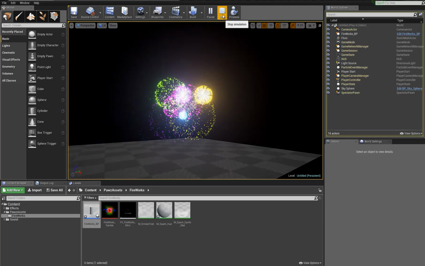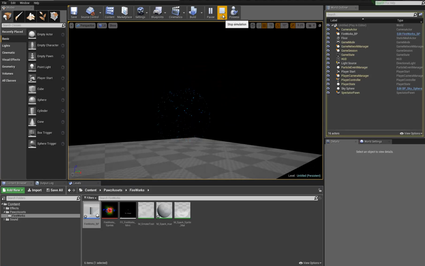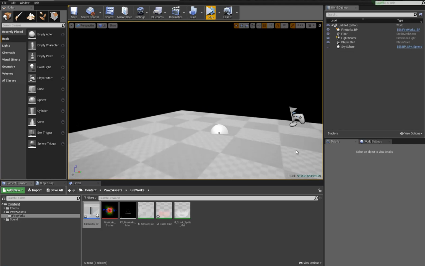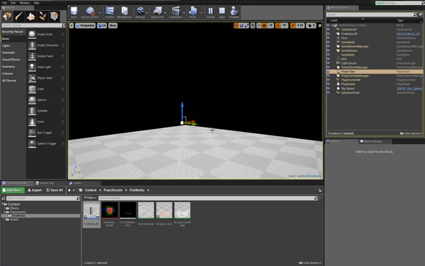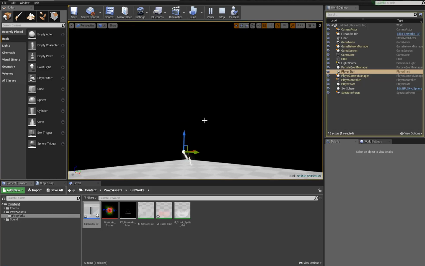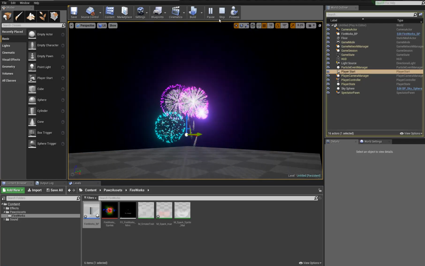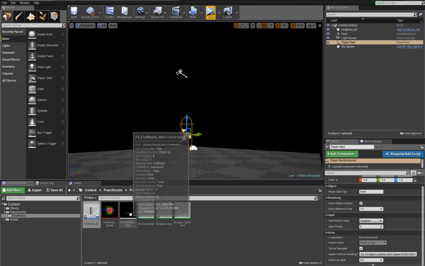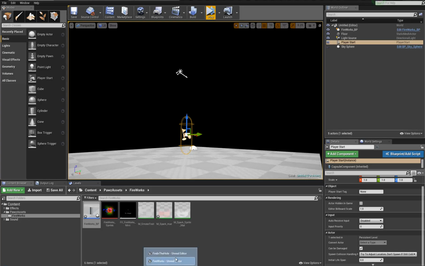Now, the other thing I want to make sure that you guys are aware of is that this is actually called the Fireworks Mini. And the reason is because it's actually kind of small. The character is about that big, and when we play, you can see that they're tiny little fireworks. Now, the reason for that was because of the scale of the project that I built this in. And unfortunately, there's no real fast or easy way to make it large. However,